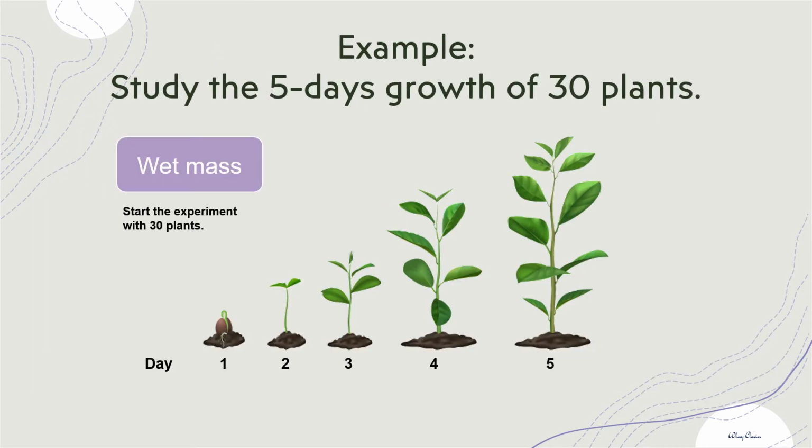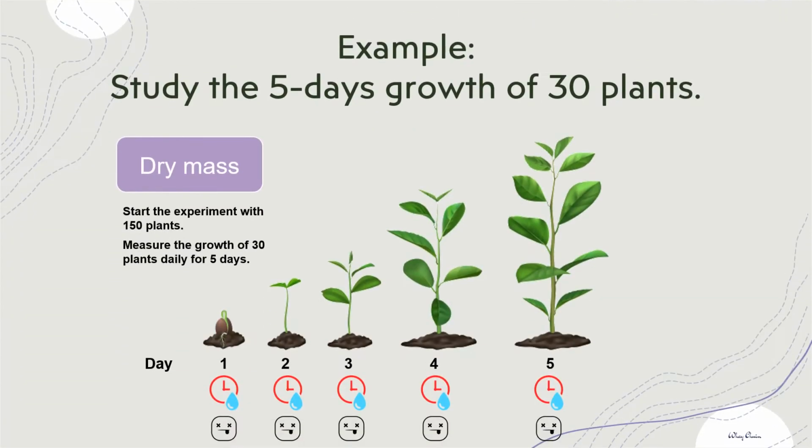Katakan kita ambil idea eksperimen 6, kita nak mengukur pertumbuhan sejenis tumbuhan selama 5 hari. So kalau scientific eksperimen, kita mesti ada bilangan minimum. So katakan saya menentukan 30 tumbuhan. So bila saya mula eksperimen yang mengambil wet mass, saya terus tanam 30 tumbuhan dan setiap hari saya kena mengukur wet mass dia untuk semua tumbuhan tersebut. Jadi sehinggalah hari kelima.